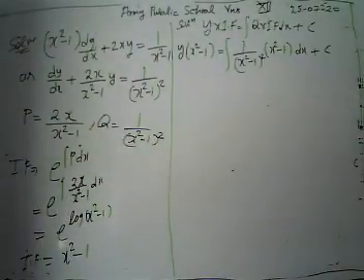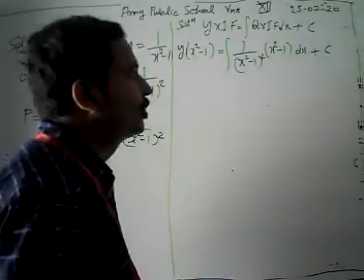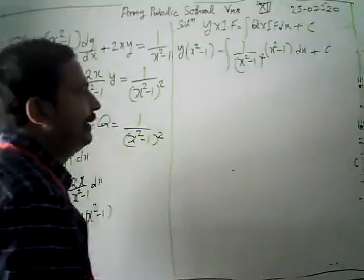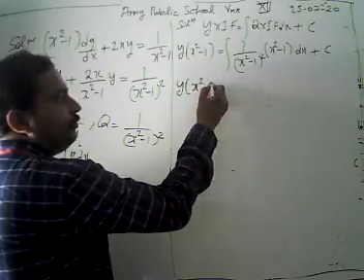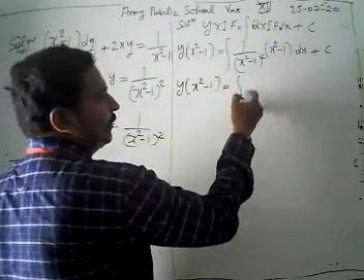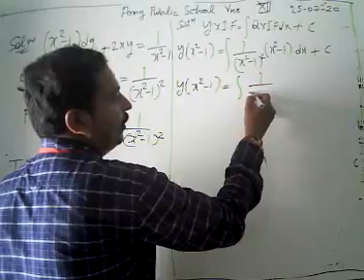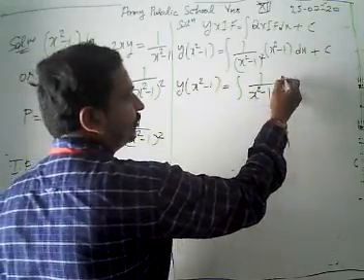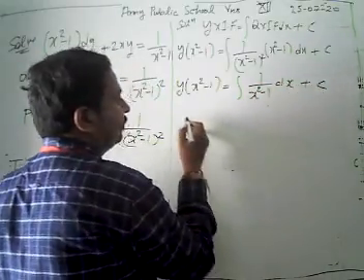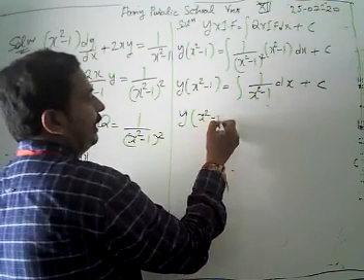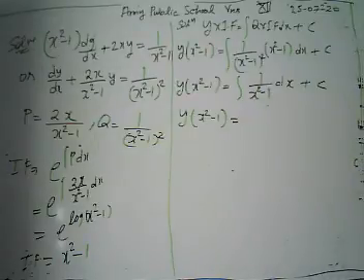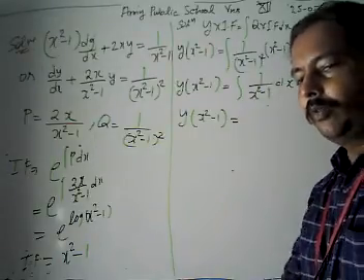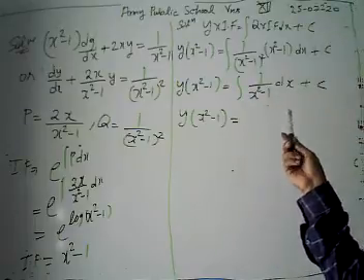The solution is given by y into x square minus 1 is equal to integration of 1 upon (x square minus 1) whole square into x square minus 1 dx plus c. After solving, it cancels out, and we have only integration of 1 upon x square minus 1 dx plus c. So y into x square minus 1 equals, now we have to find the integration of 1 upon x square minus 1 dx.